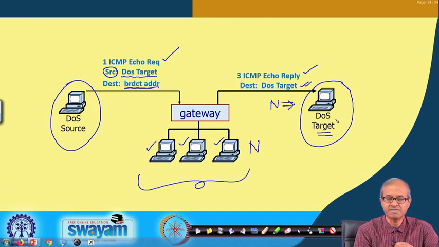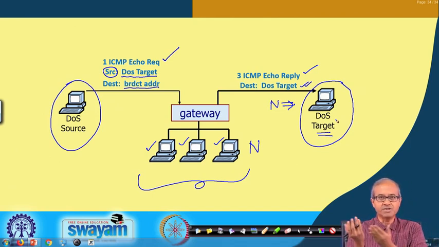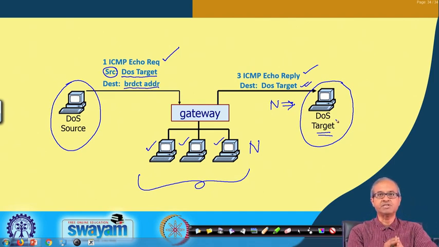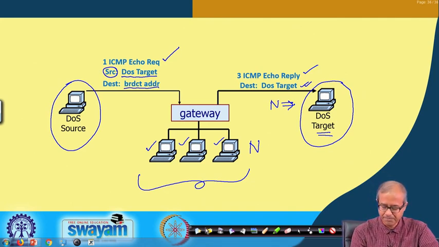See, the idea is that if a large number of packets reaches the destination you are trying to attack, then any legitimate user who is trying to send a packet to access a service will find that the link has become very slow, because the server's network buffer may become full with the incoming packets. The legitimate request packets will find the buffers already full and will be discarded. So, this is like a denial of service.